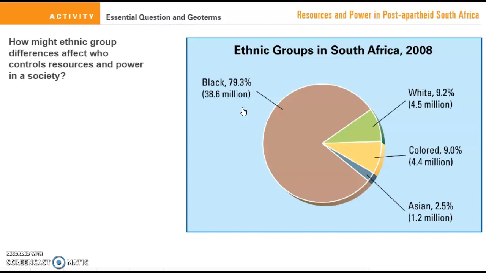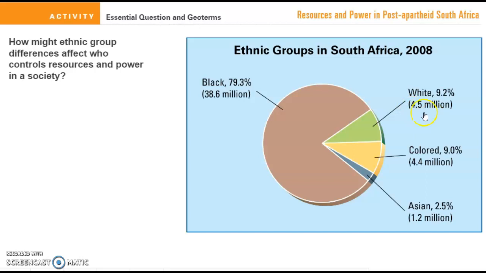However, that was not the case in South Africa. It wasn't until 1994 that the black ethnic group came back. It was the white ethnic group for about 50 years, the smaller group here, that controlled most of the nation's